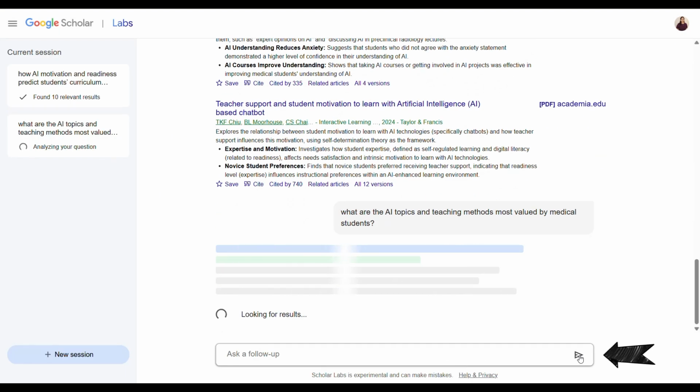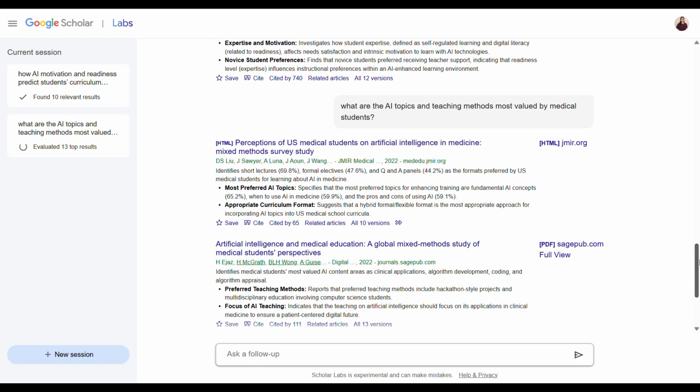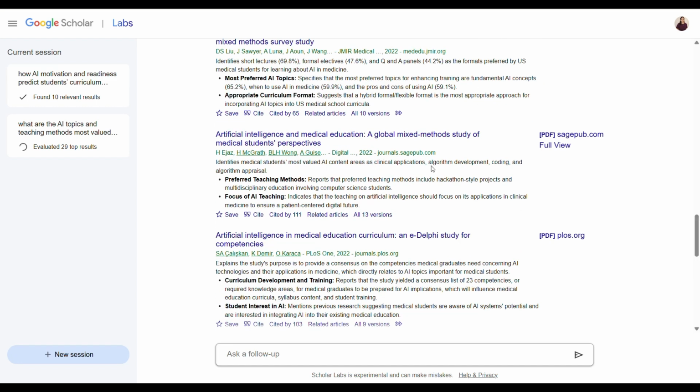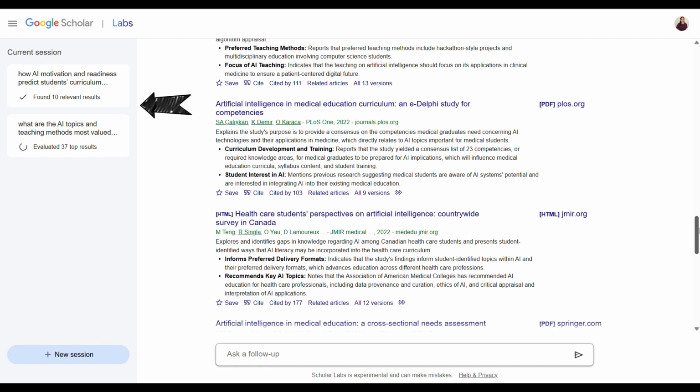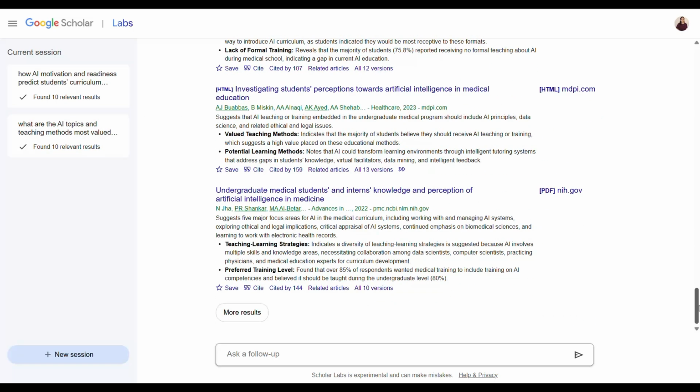Further, find similar articles by going to related articles, which shows papers on the same topic area. Scholar Labs also has the ability to ask follow up questions, letting you dig deeper, refine the query, and even shift the focus without starting from scratch. You also get to see the search query history, search for more papers, and save the items that you find relevant.